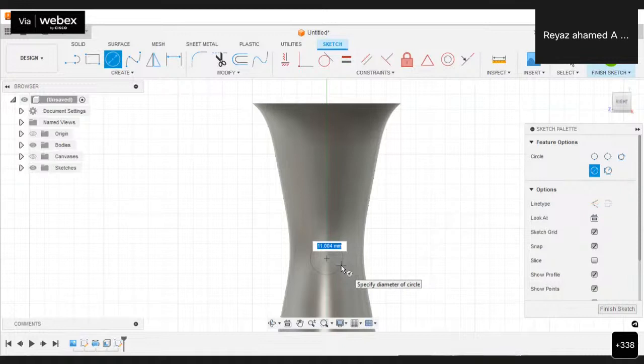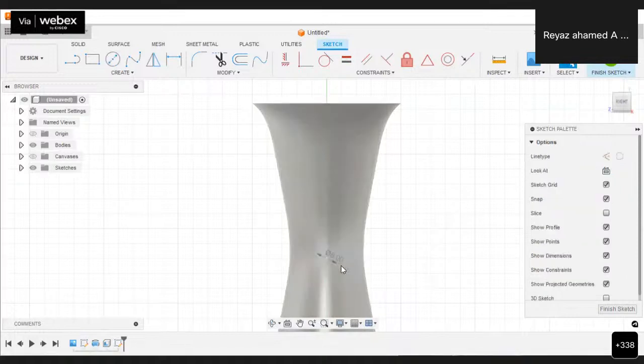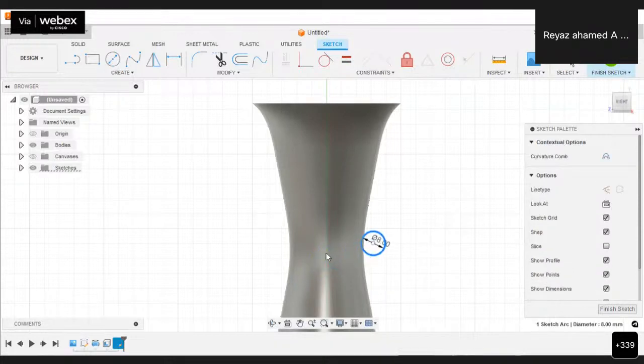So I'm going to create a 7 mm pipe, that is the arm, so the pipe is 7 mm diameter. Here I'm going to create an 8 mm hole. So for that I'm going to create a circle of 8 mm diameter. Okay.